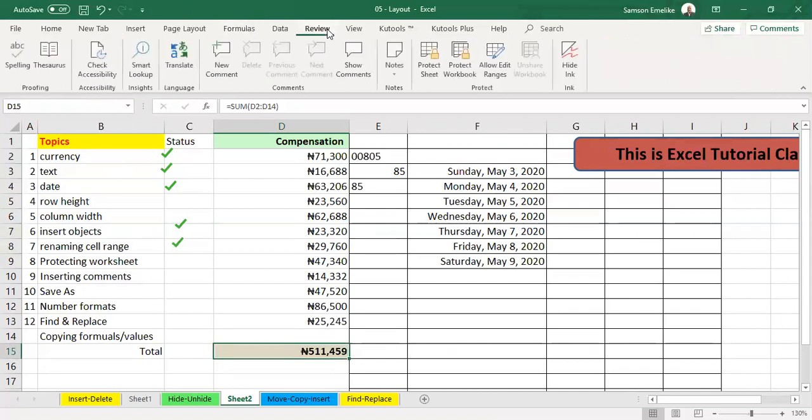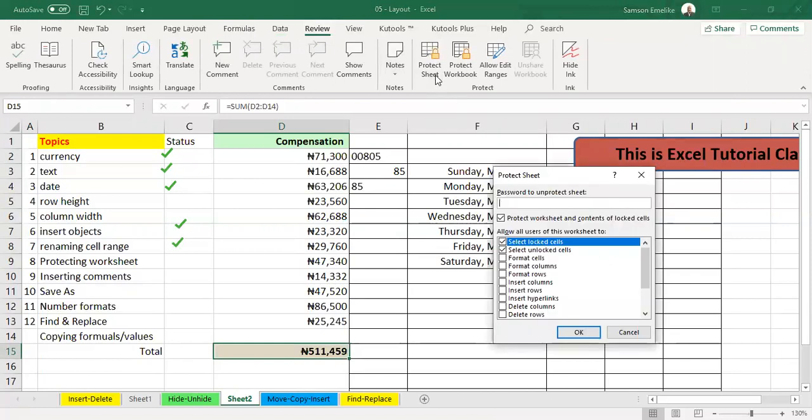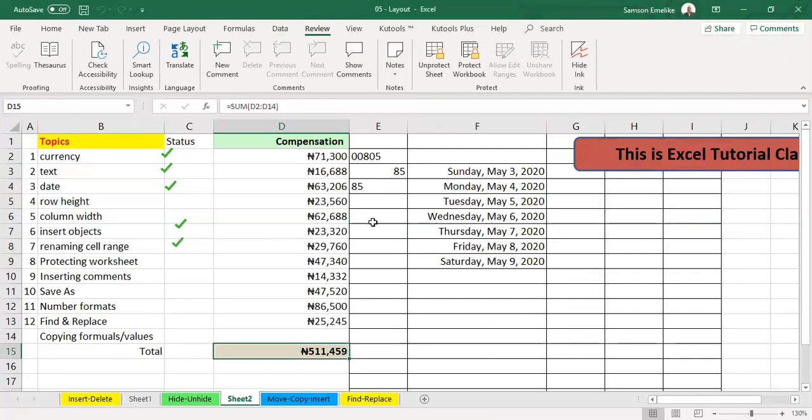When I come to review, because I want to protect it, I am protecting this worksheet. While protecting it, I might grant permission for anybody who uses this to do some operation. For instance, they can select locked cells. They can select unlocked cells. By default, these are the two that are ticked. If I say go ahead, I'm not going to put any password. Okay? So if I double click,